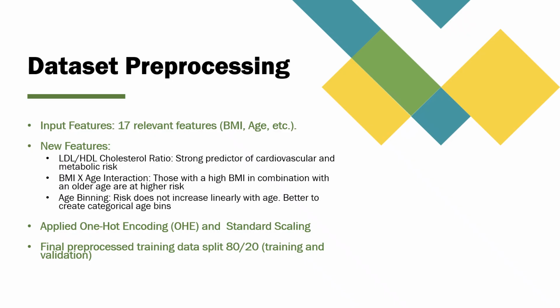Secondly, I introduced the BMI by age interaction feature. It is well known that those with a high BMI in combination with an older age are at higher risk of diabetes. And finally, I introduced age binning. Diabetes risk does not increase linearly with age. In fact, certain age groups are at higher risk than others, and therefore it is best to create categorical age